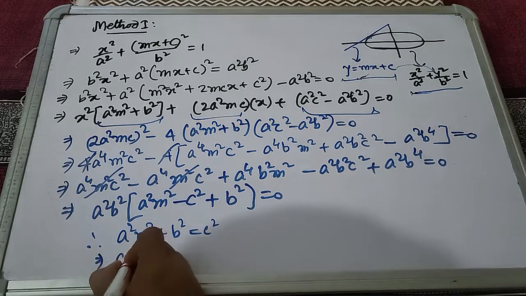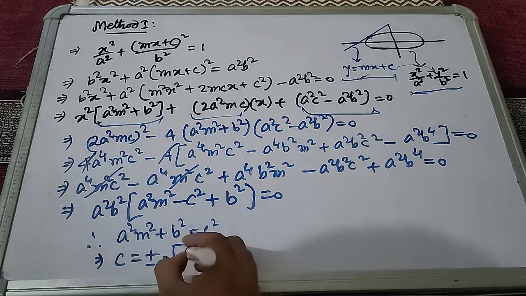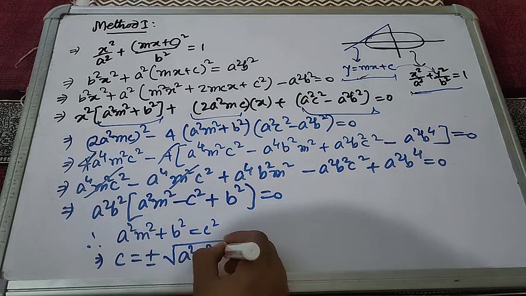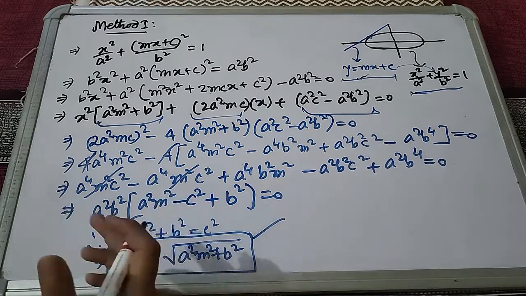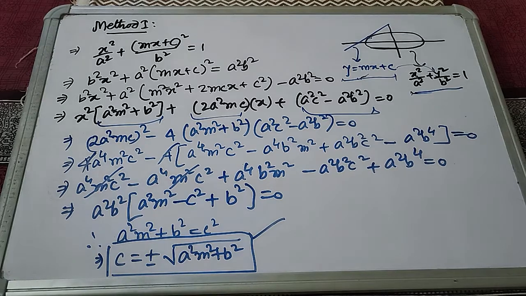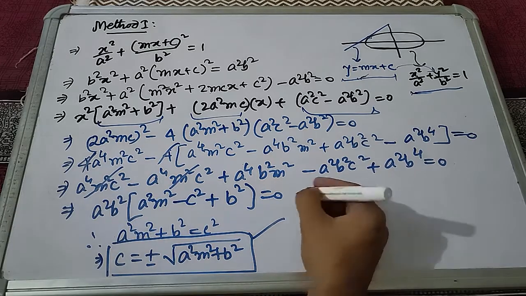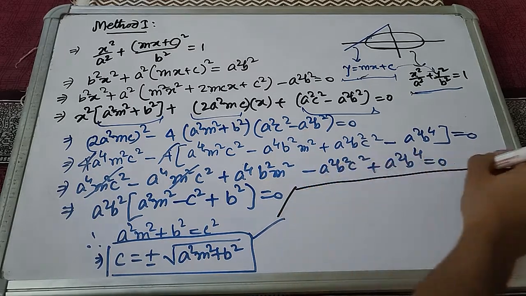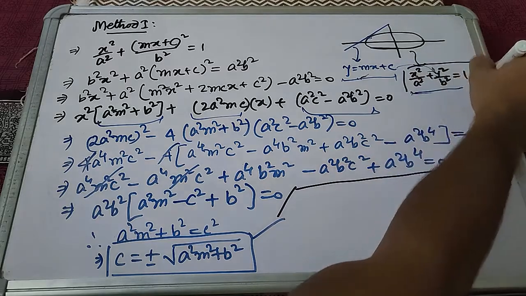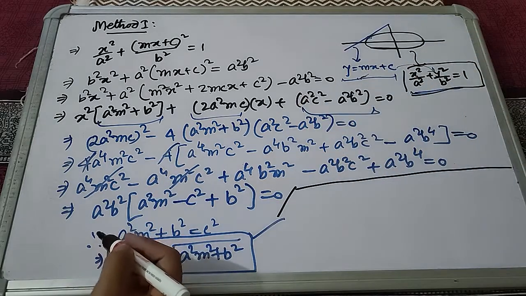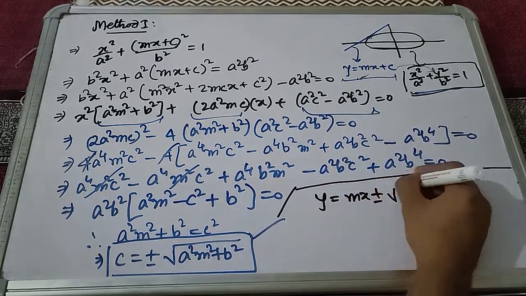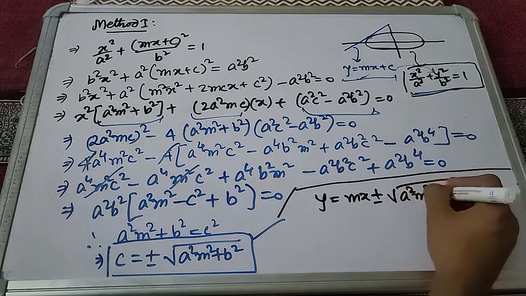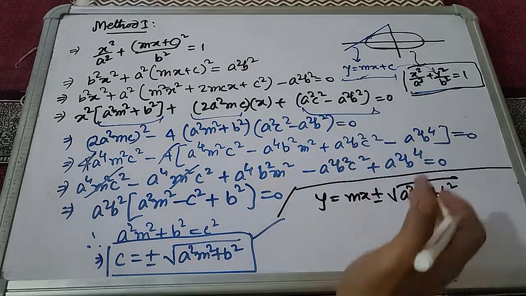Now what is c then? C equals to plus minus under root of a square m square plus b square. This is a very important condition when we are studying tangents to an ellipse. Now what does this condition give us? This condition gives us a very important idea that if this is your ellipse, x square by a square plus y square by b square equals to 1, then y equals to mx plus minus under root of a square m square plus b square is a natural tangent to this